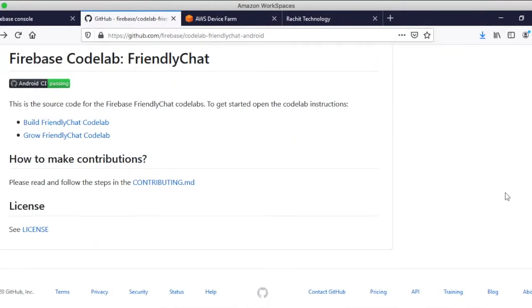So here they have given two tutorials, build friendly chat code lab and grow friendly chat code lab. So today in this training we are going to use the build friendly chat code lab. You can play around with this one, grow friendly chat code lab, on the same code base. So click on this build